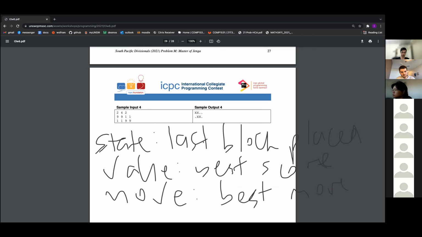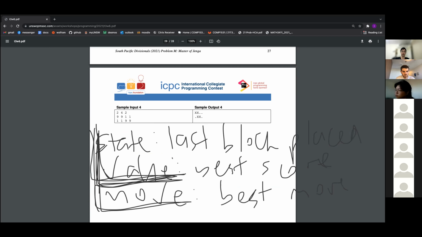Once you've set up the DP, you can compute all these values. That's just a classic DP. Once you have the move array, you can find the first move pretty easily. You just pick it from whichever one has the biggest DP, place it there, and move to the state that is best.